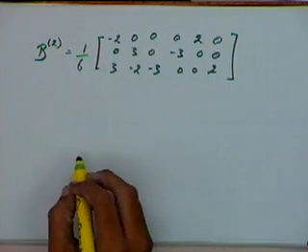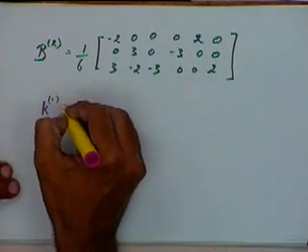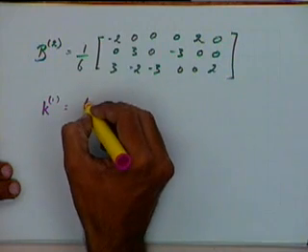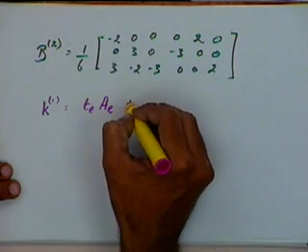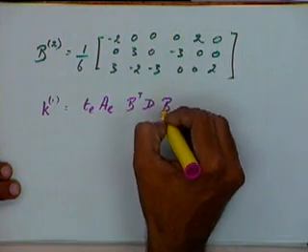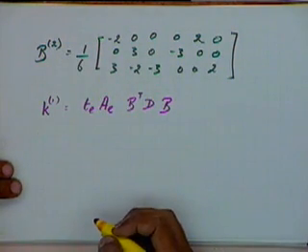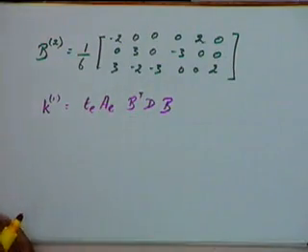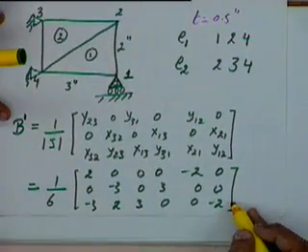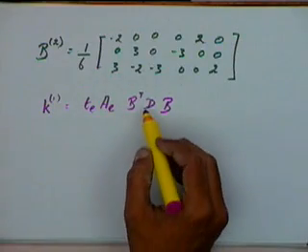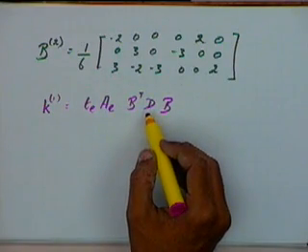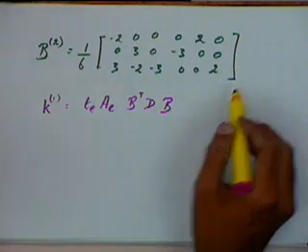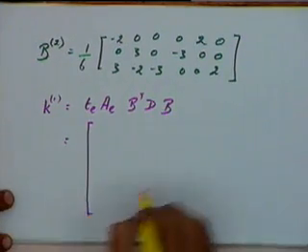Once I have the B matrices, I can get the stiffness matrices by saying that the stiffness matrix for the first element would be given by thickness multiplied by area multiplied by B transpose dB. Where B transpose will be the transpose of this matrix, that will give me a 6 by 3 matrix. D will be a 3 by 3 matrix, and B is again a 3 by 6 matrix. So this whole thing is going to give me a 6 by 6 matrix.